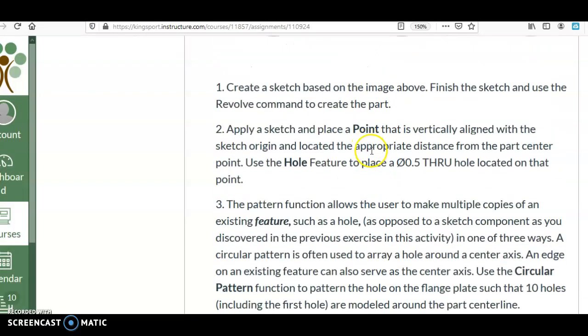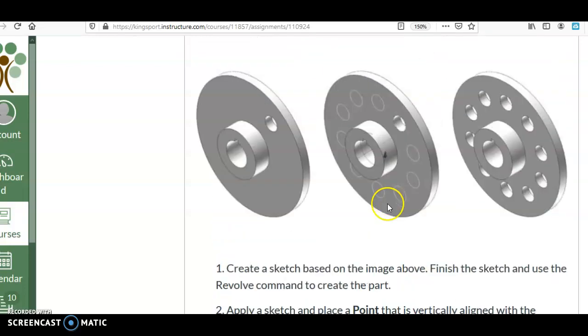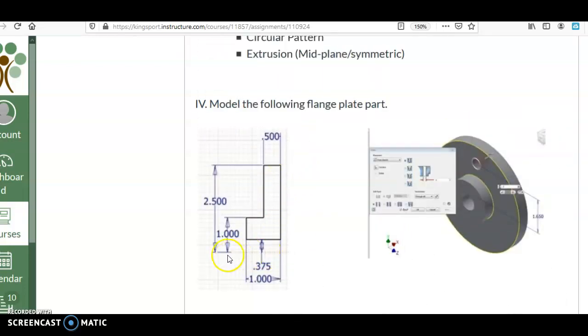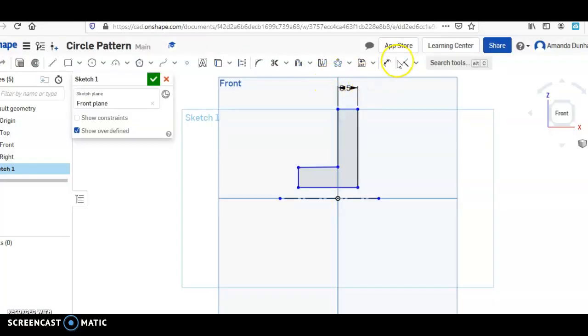And all of these are in the steps here. So there was the construction line down there. It's in red, and from the top of this to the bottom of the construction line, it's 0.25. So I'm going to go ahead and put that in. So from here to here, 2.5. And then from here,